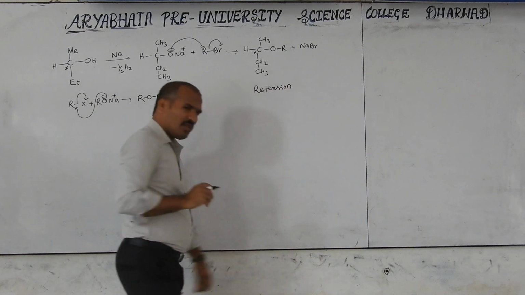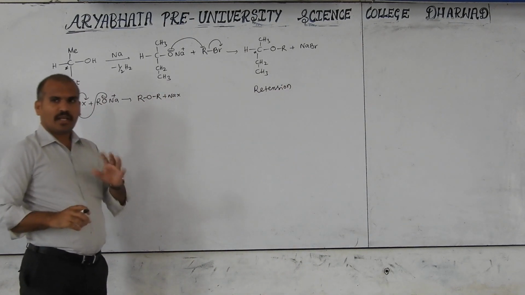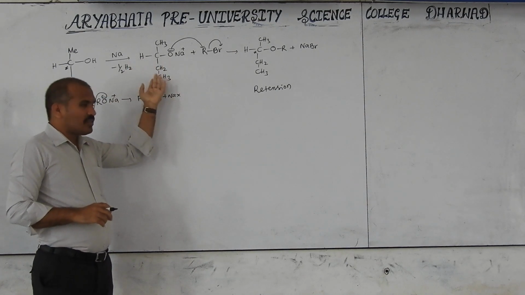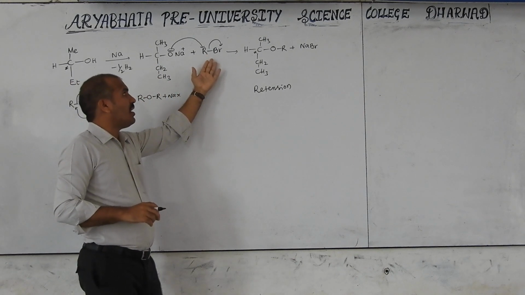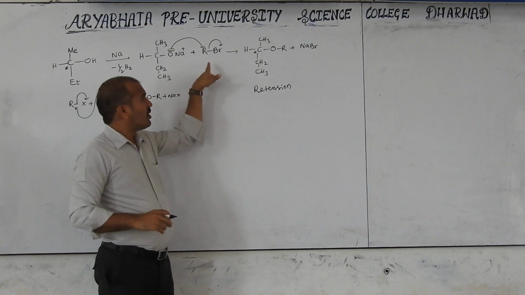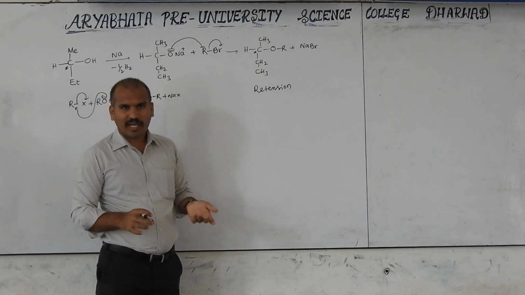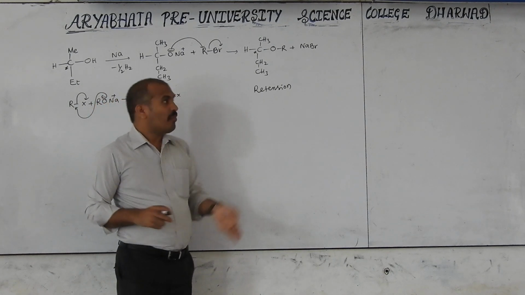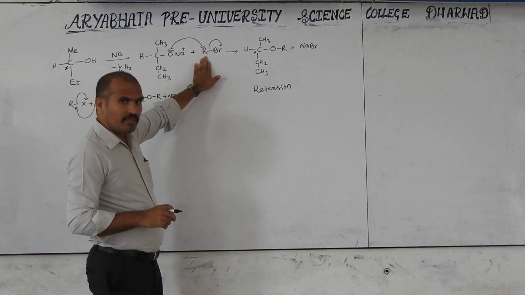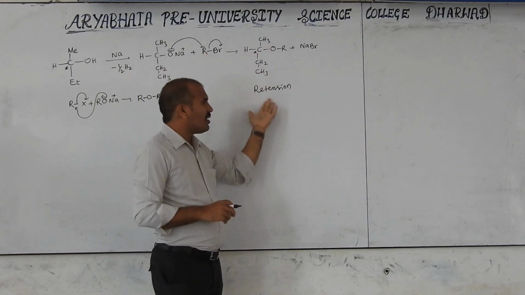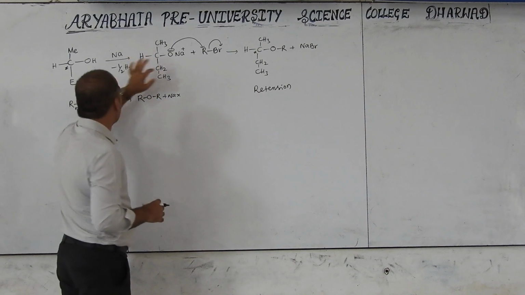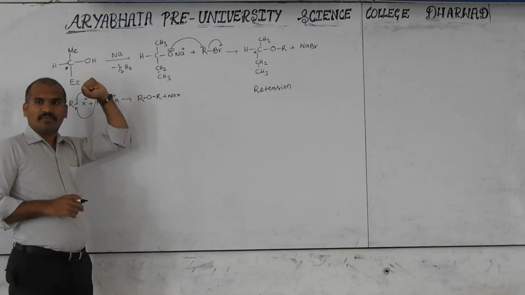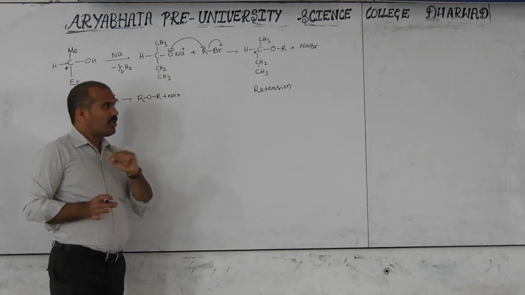Why will we not get inversion of configuration, if you ask the question? Here inversion is not possible because the chiral carbon is in the alkoxide. We are not taking any chiral alkyl halide, because this is methyl or maybe primary alkyl halide. There is no chiral carbon. It is also possible, but generally if you take methyl or ethyl, you will get the same configuration, because the attack is on the other carbon, not on this one. That's why the configuration is not changed. You have to remember that.